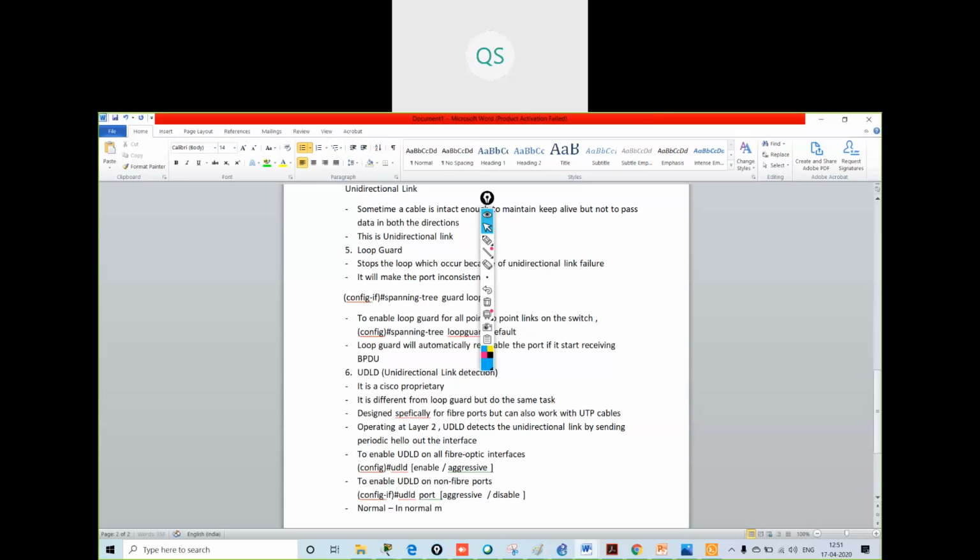In normal mode, the link status is changed to undetermined state if the hellos are not returned.